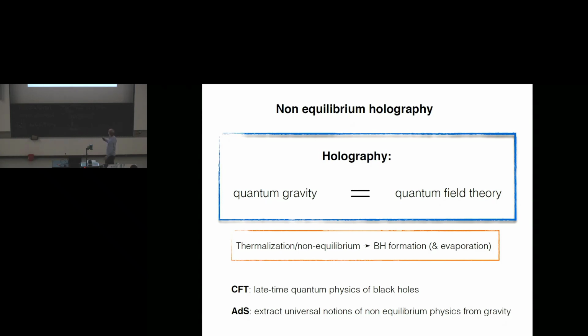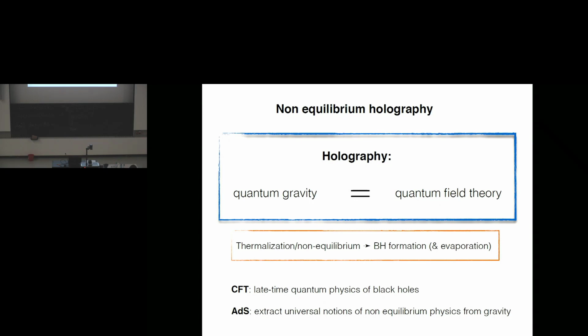So this quantum gravity is nicely encapsulated in the non-equilibrium dynamics of quantum field theory. And so there are two approaches that you can take, and as maybe some of you know, I have been taking those two approaches in recent years. One that I'm not going to have time to talk about today, but I encourage you to ask me privately, is that if you study the non-equilibrium physics of some strongly coupled CFT, you can actually learn some very non-trivial things about the late-time quantum physics of black holes. So you're really doing quantum gravity.